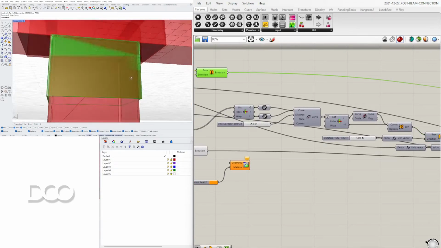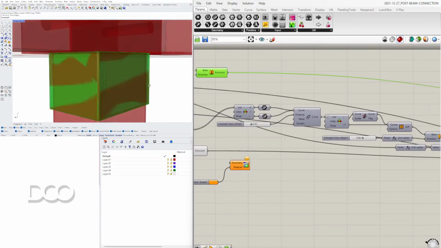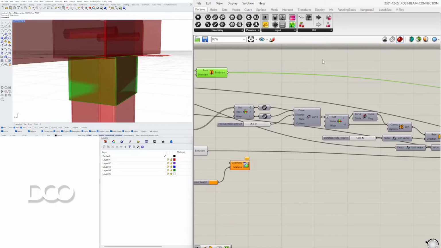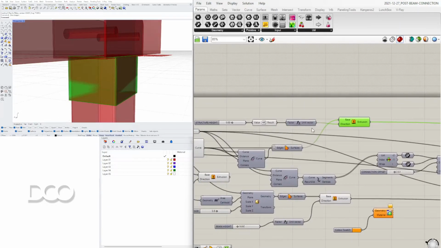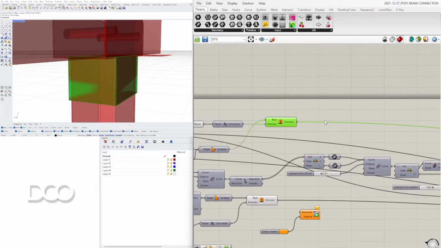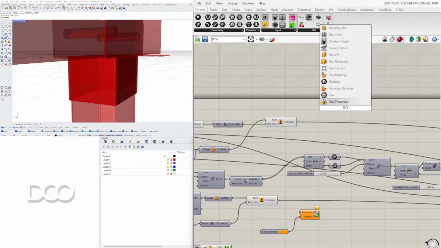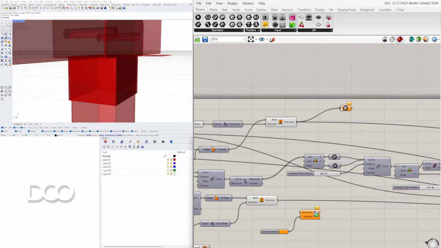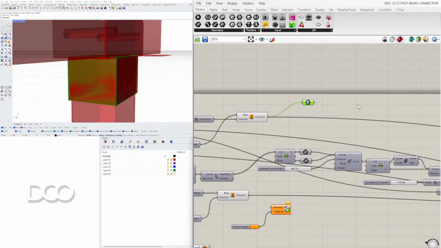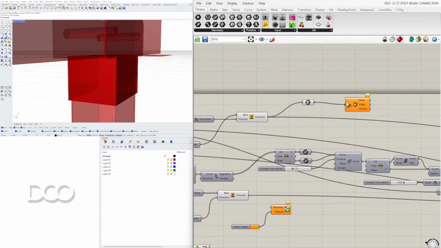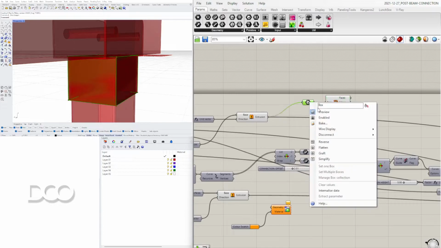There we are. This one is going to be actually a lot easier because you can just get the center point and that could be good enough. But let's go here with this one. Right before that is this. So rather than use this, I'll actually use something called boundary surfaces or bounding box. I'm going to do deconstruct brep. So basically explode that box so I can get